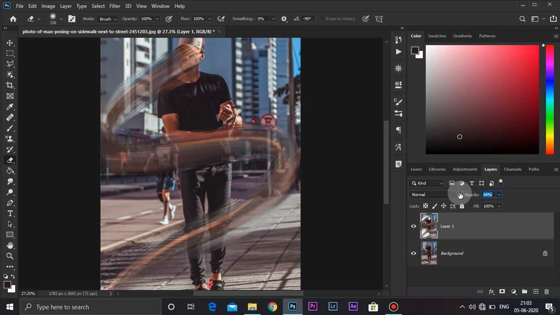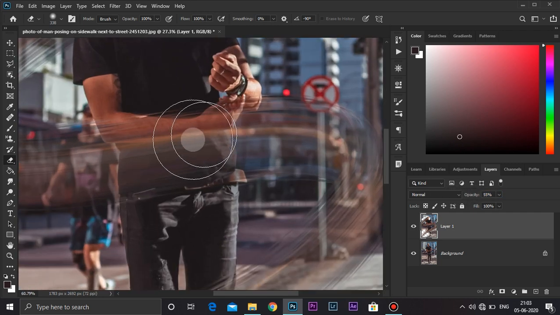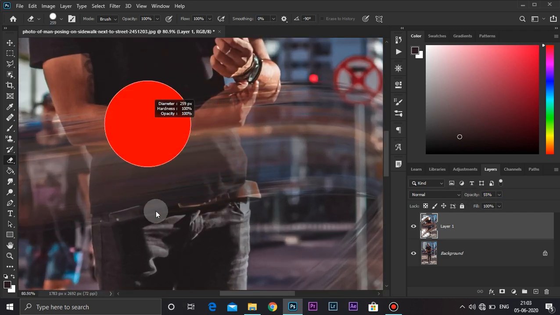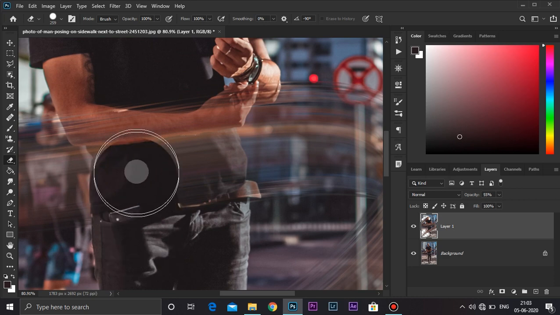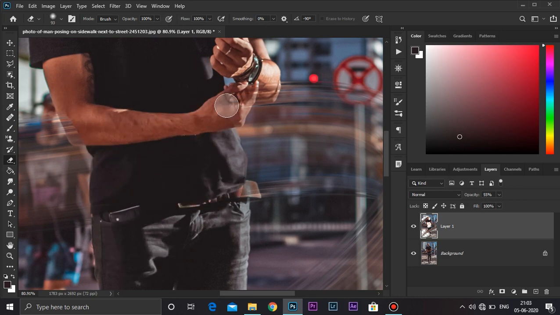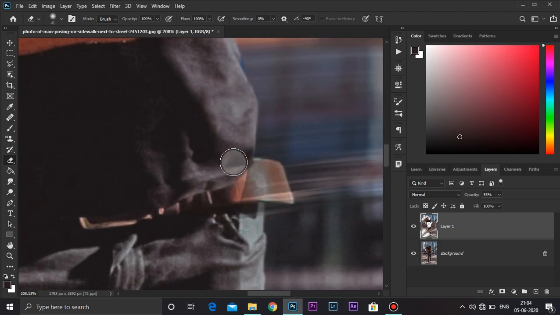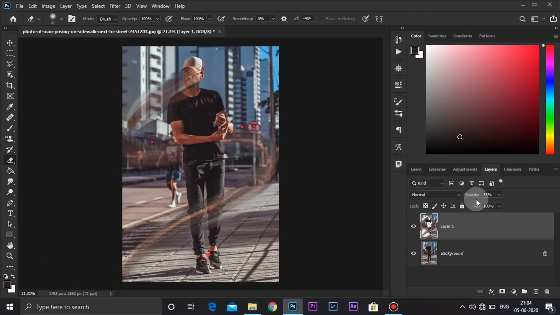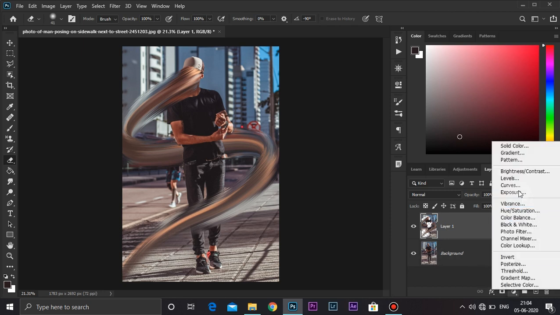Decrease the opacity to have a better look. Make it harder and remove these areas. Increase the opacity again. Now have a look, it's already looking okay, but I'm gonna add some punch to it